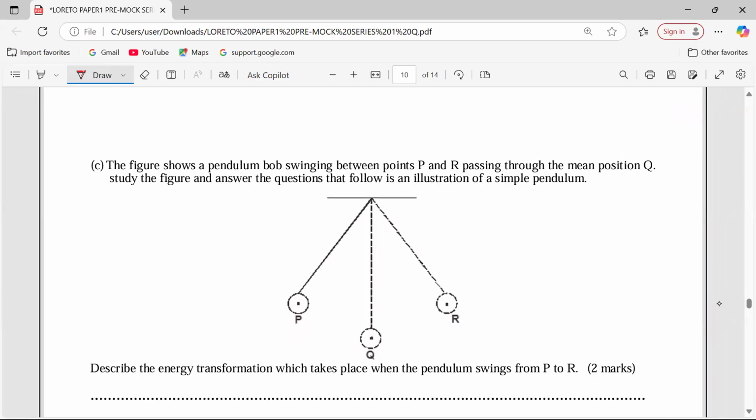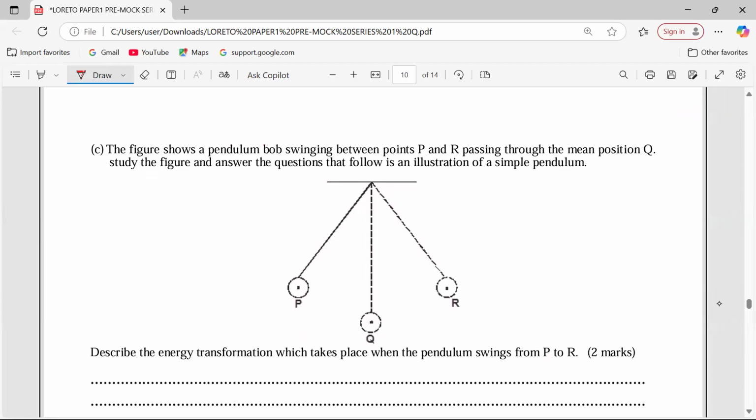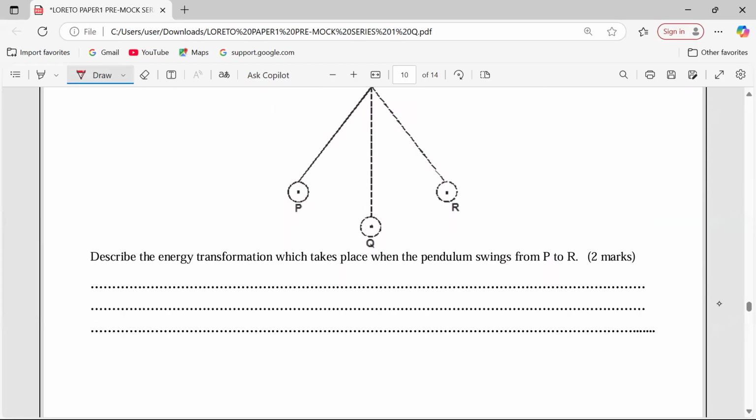Part C. The figure below shows a pendulum swinging between points P and R, passing through the main position Q. Study the figure and answer the questions that follow. It's an illustration of a simple pendulum. Describe the energy transformations which take place when the pendulum swings from P to R. So we say that at P,